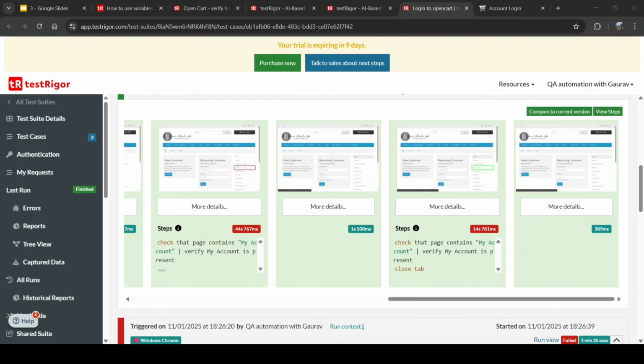So not only this, it can even capture the values from the UI also. So remember, we have a few values like order ID or anything which we can fetch, and we have to compare with our expected value. So those kinds of assertions we can do. We have to write the statement as per that. So if we have a validation which we have to do,